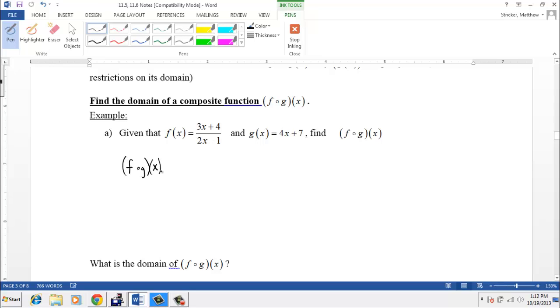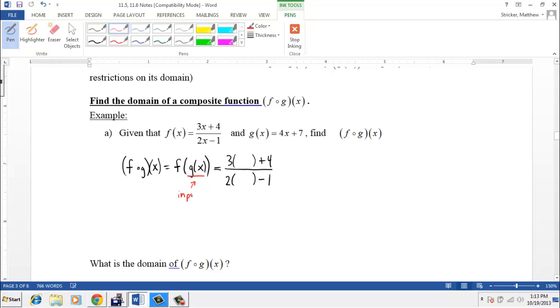And remembering that that notation means to take the function g and plug it into the function f. It means that our function f, which looks like 3 times x plus 4 over 2 times x minus 1, instead of plugging a number in there, we're going to plug in our input,